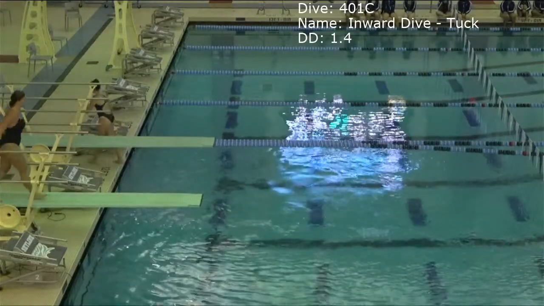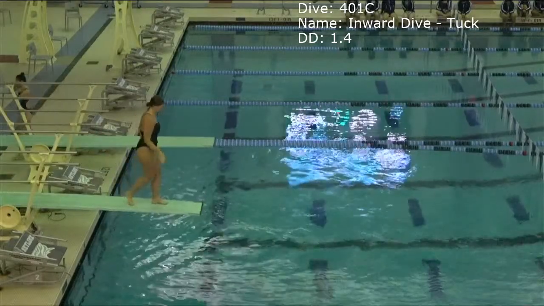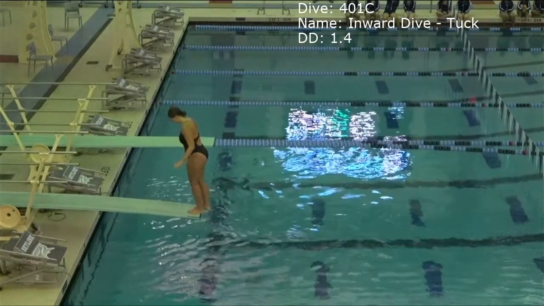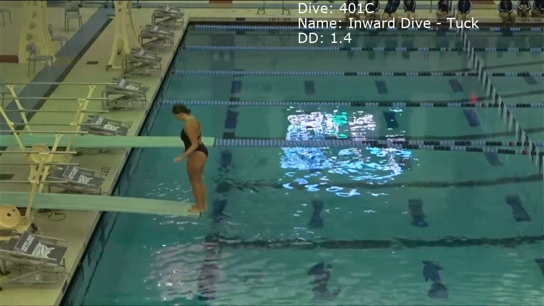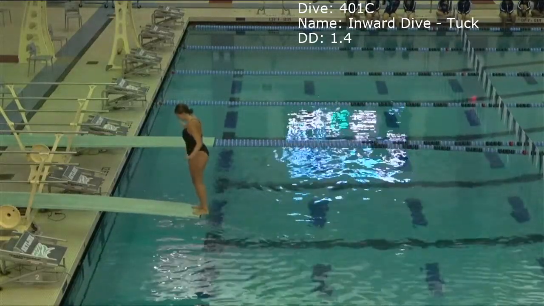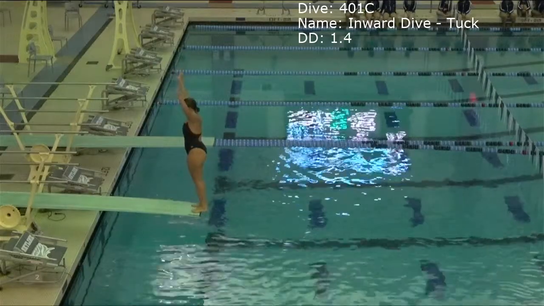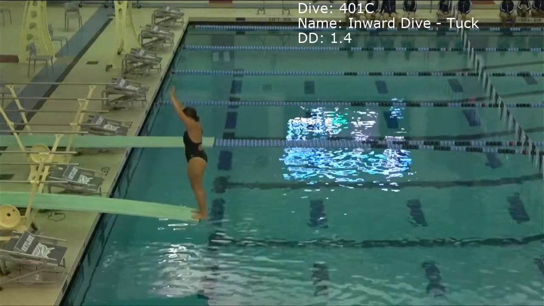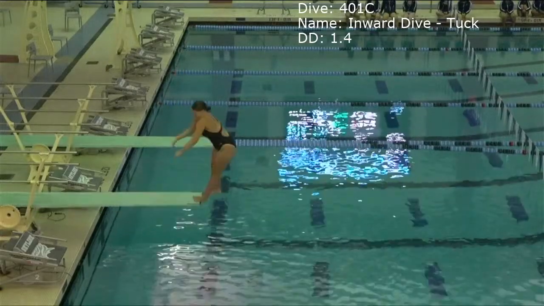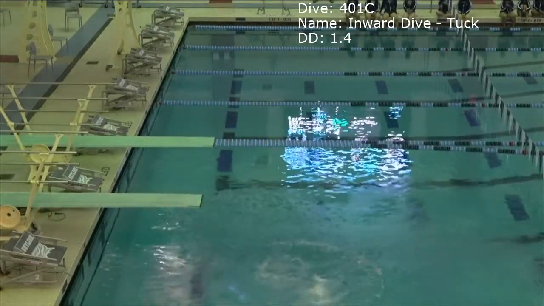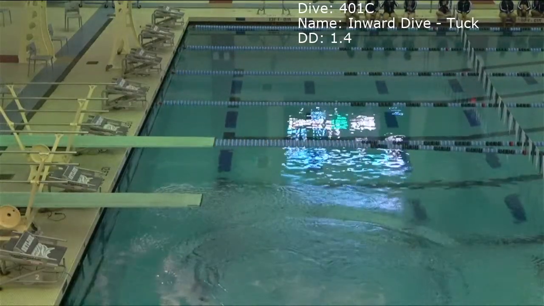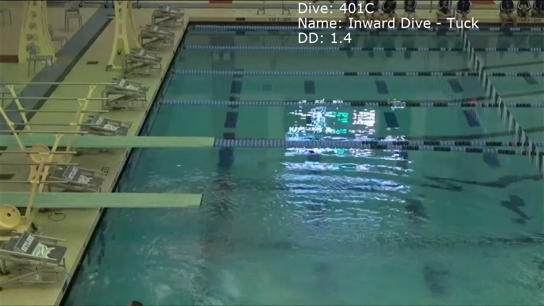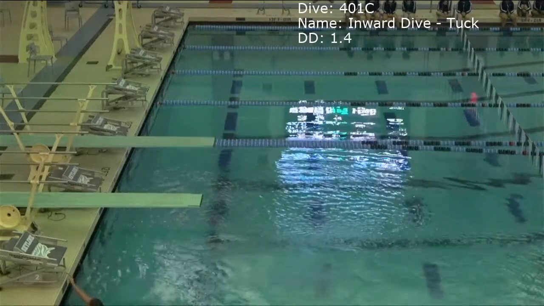Jamie's second dive is a 401C, inward dive in the tuck position with a 1.4 degree of difficulty. Scores for Jamie on her second dive, 4.5, 6.0, 4.0 for 20.3.